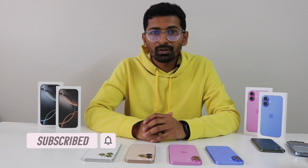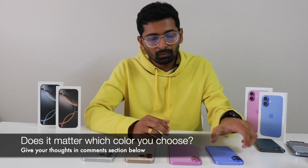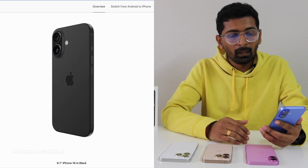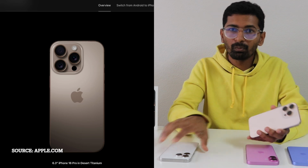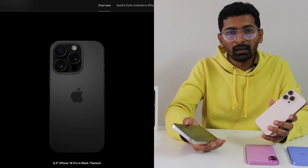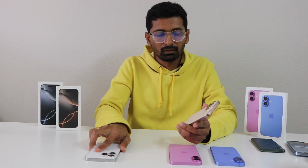Now, one other big question that I have not seen people address is, are the colors really that important? They have the iPhone 16 and the 16 Plus in 5 different colors. The Pro and the Pro Max come in 4 different colors, and the latest one is the Desert Titanium color, and the other ones are from the previous generations. But do they really matter? Because all the phones that you have,